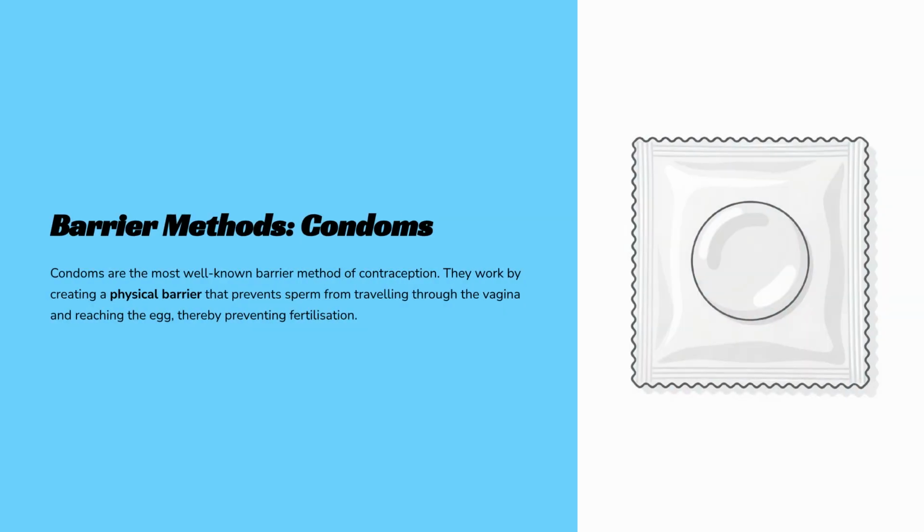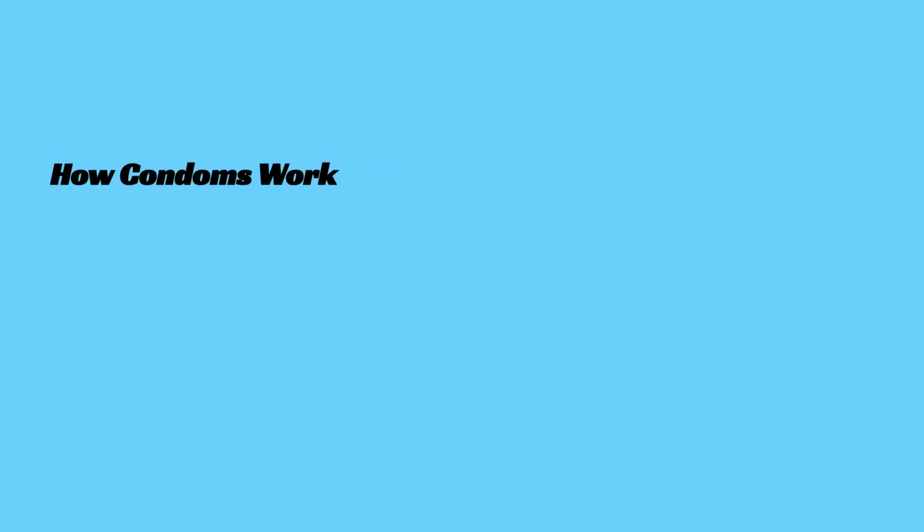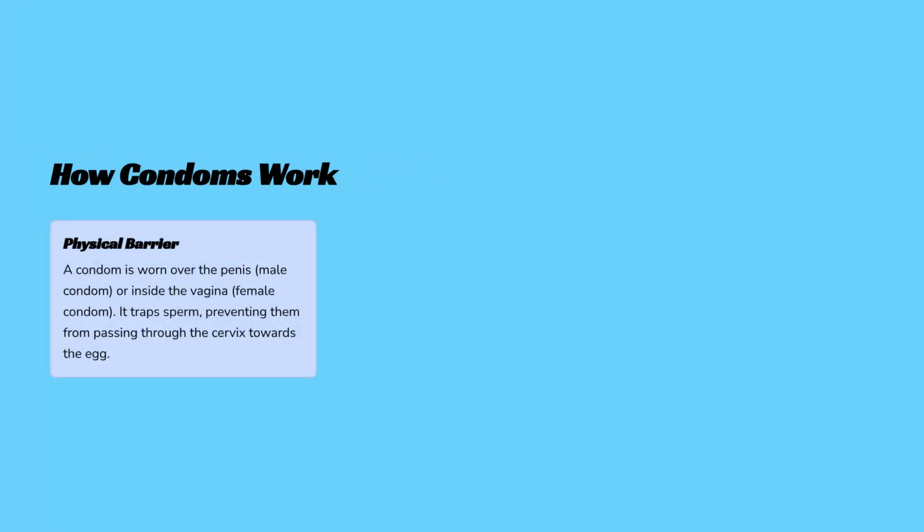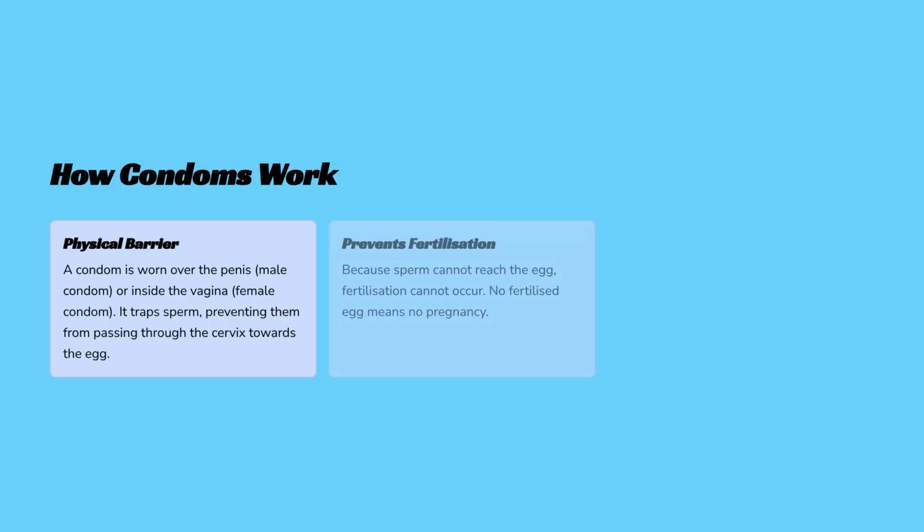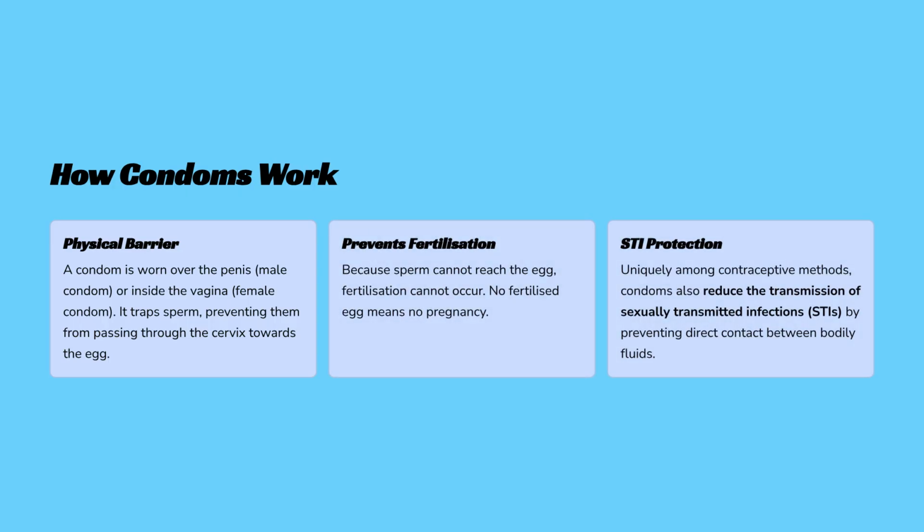Barrier methods, such as condoms, are a well-known form of contraception. They function by creating a physical barrier that prevents sperm from traveling through the vagina and reaching the egg, thereby successfully preventing fertilization. Condoms work in three main ways: as a physical barrier to trap sperm, as a block to prevent fertilization, and, uniquely, as a method to reduce the transmission of sexually transmitted infections by preventing direct contact between